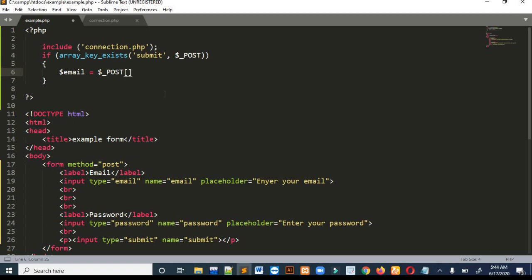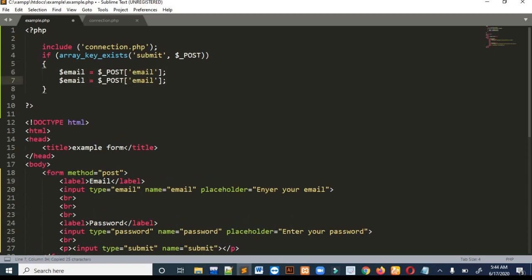Write this, and inside the post you have to write the name of each input. By this name you can post your data in your PHP part, and then you can store it in the database.